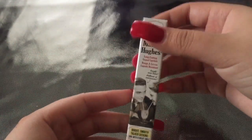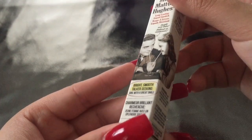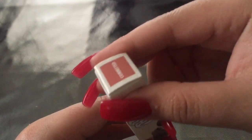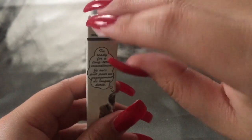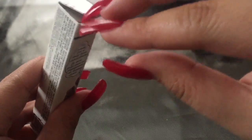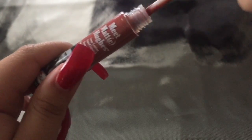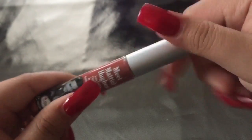Next is this Meet Matte Hughes liquid lipstick. So it's in the shade Charmed, No Committed. And once again, these pinky nudes. Everybody wants the pinky nudes. I will be giving this away. I'm just kind of so, I have way too much lip